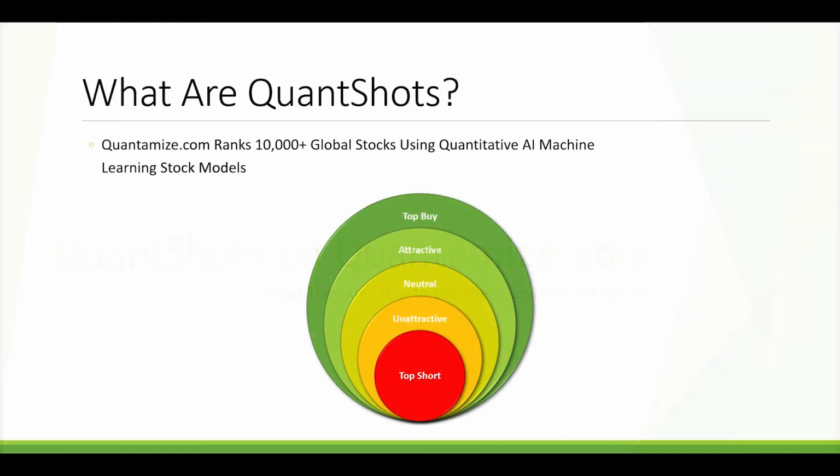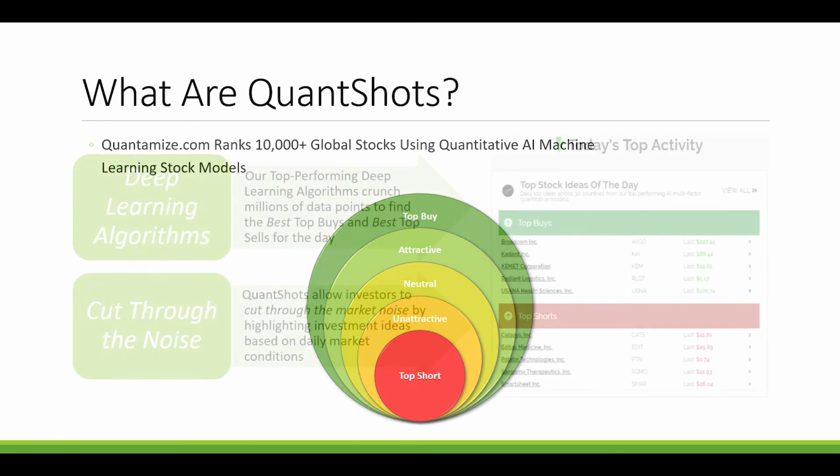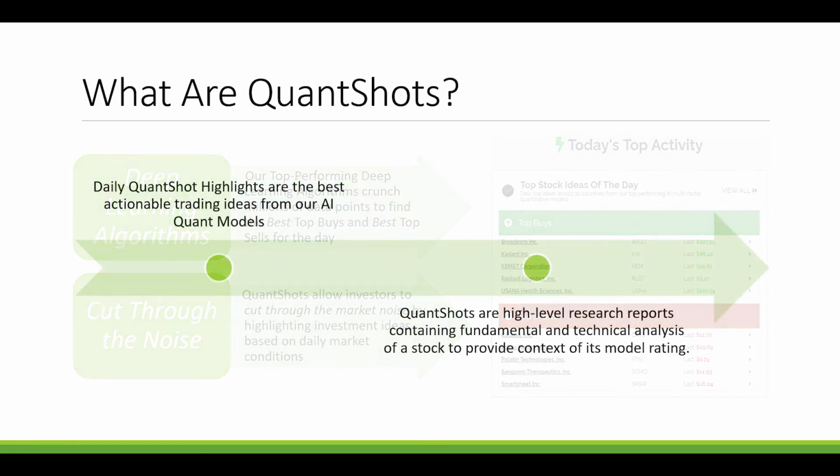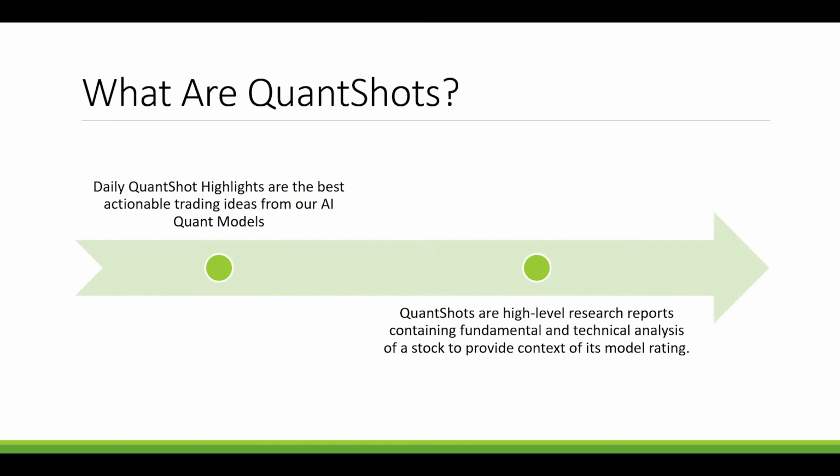Here at Quantamize, we rank more than 10,000 global stocks using our deep learning multi-factor AI quantitative stock models. Quantshots are daily highlights of the best actionable trading ideas that are top buys and top shorts in our multi-factor AI quant models. Daily Quantshots are accompanied with a detailed research report that contains high-level, fundamental, and technical analysis while